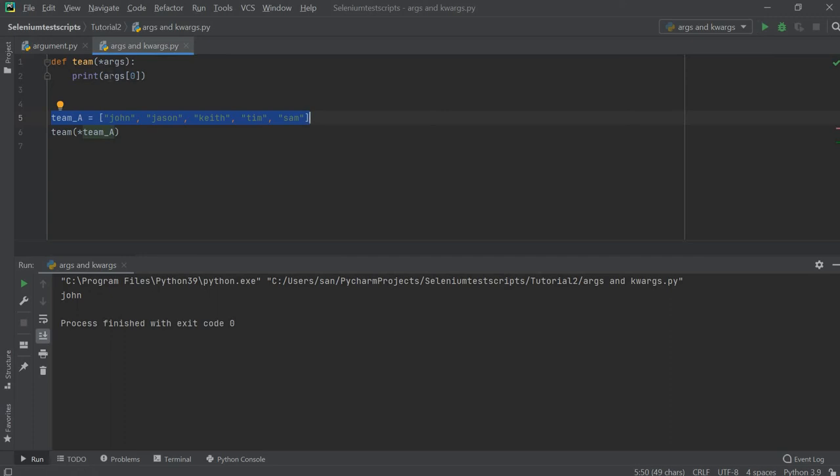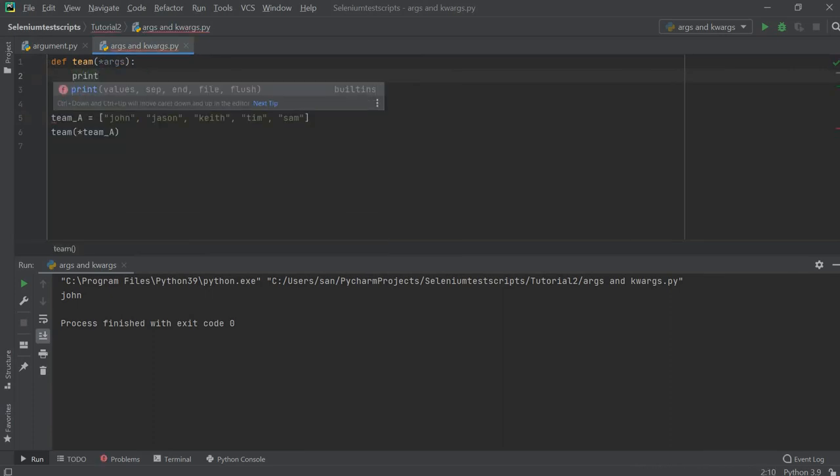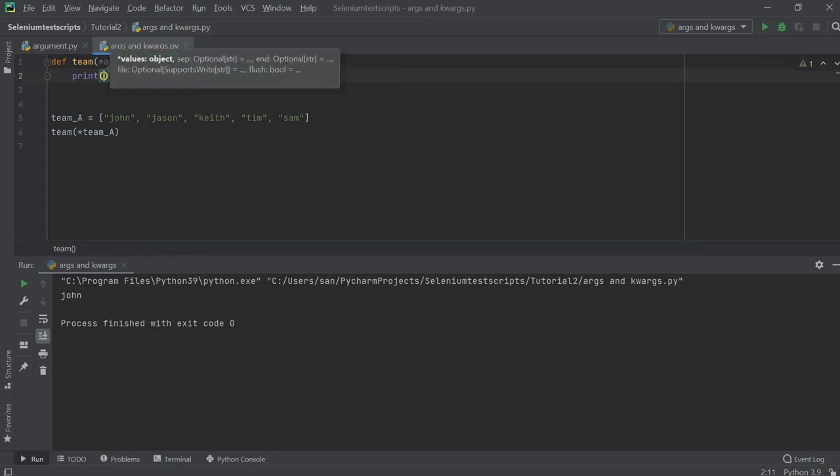Okay, it accessed the first index value which is shown. What if I want to access all the values? Let's change this also, and I'm going to use the f-string here. I think you remember the previous video where I defined the f-string, so just use that.